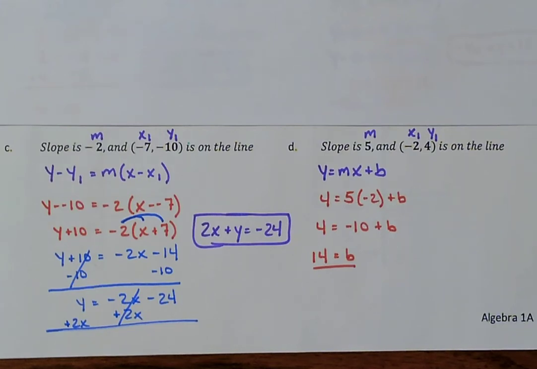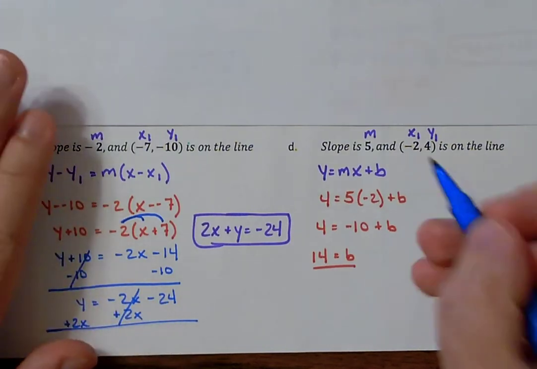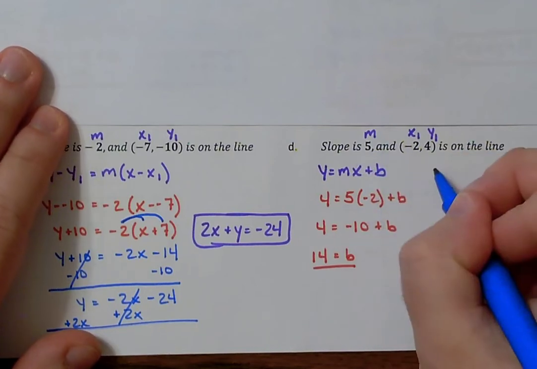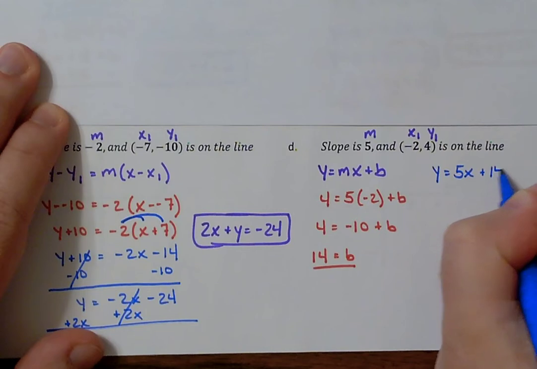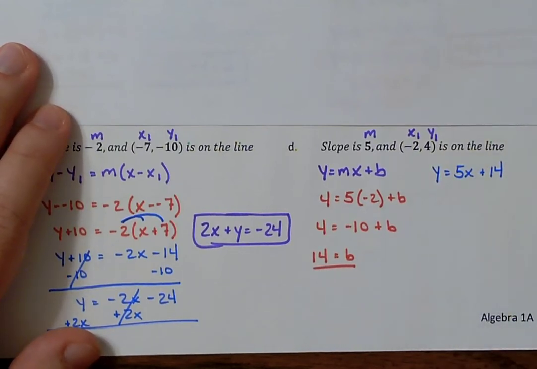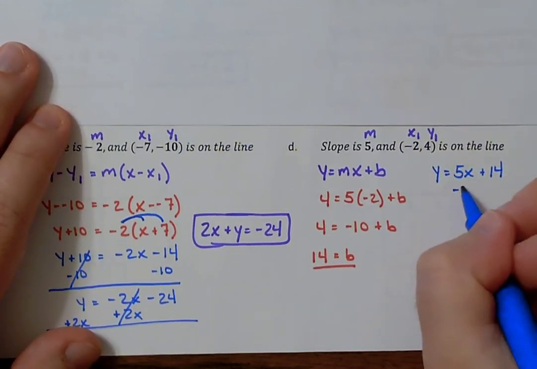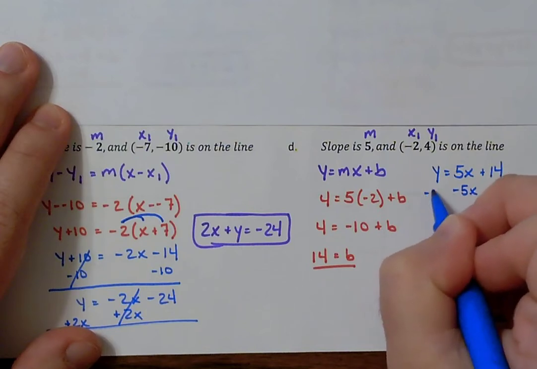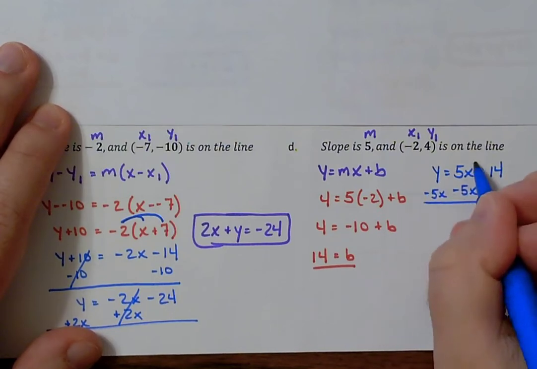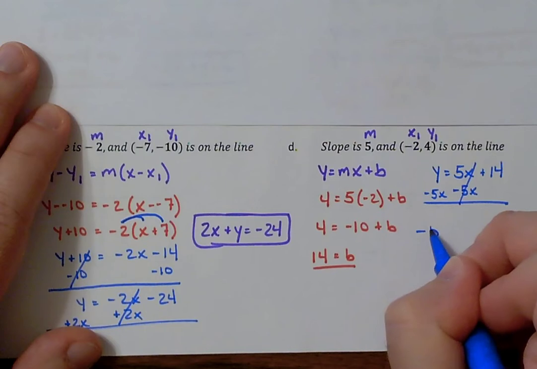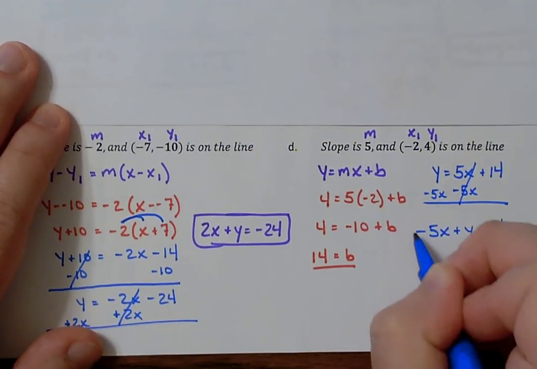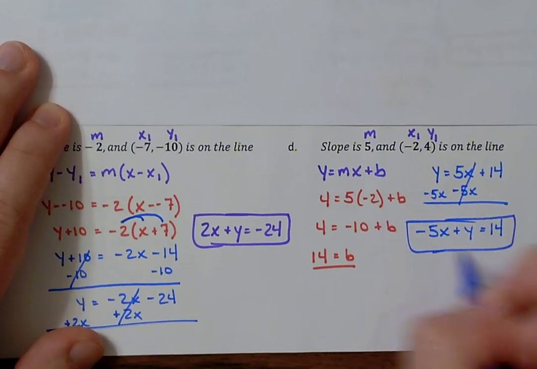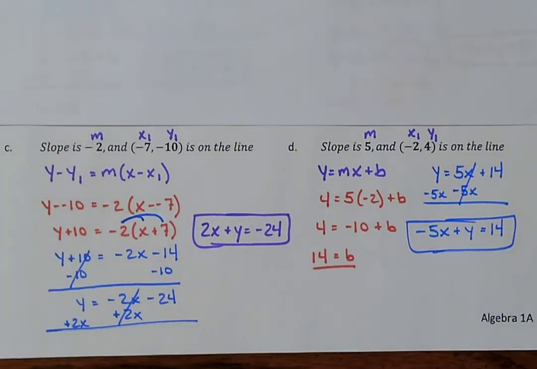Now that I know that b equals 14, I have my m as well. My equation is y equals 5x plus 14. And then all I have to do is subtract the 5x from both sides. Cancels on the right, and then I end up with -5x plus y equals 14. Now, it doesn't matter which way you go through and do this, you will end up with the same result